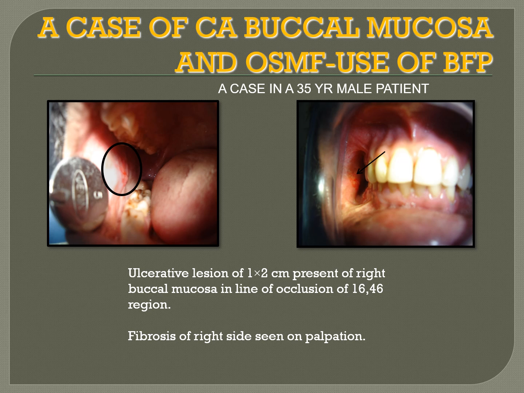So it is a case where we tried the buccal pad of fat following an excision of a fibrous band in a submucous fibrosis case. A small lesion of size 1 by 2 centimeters, in the line of occlusion of 1/6 and 4/6, was there. So after we excised the fibrous bands, the buccal pad of fat was used to close the